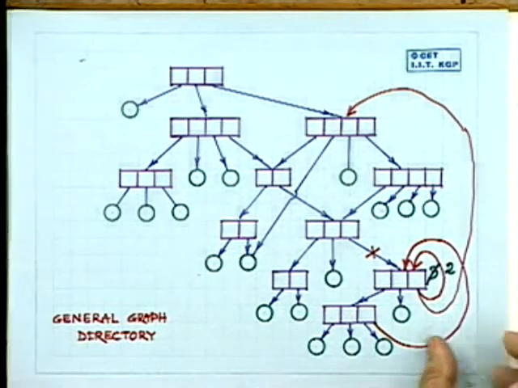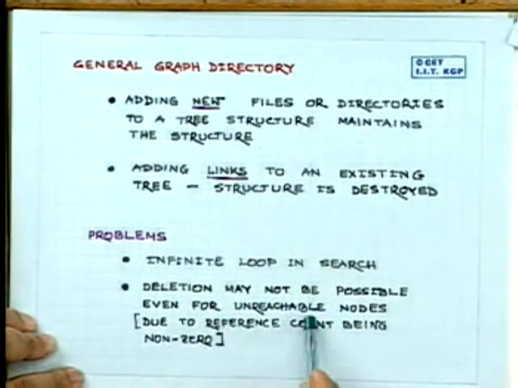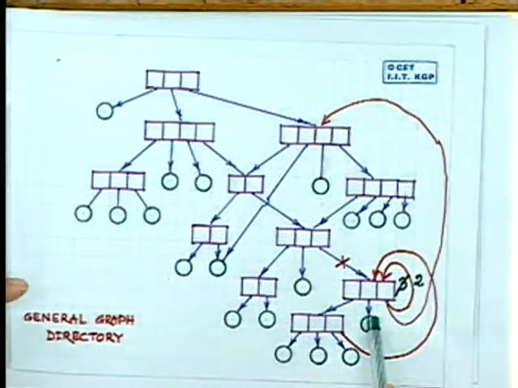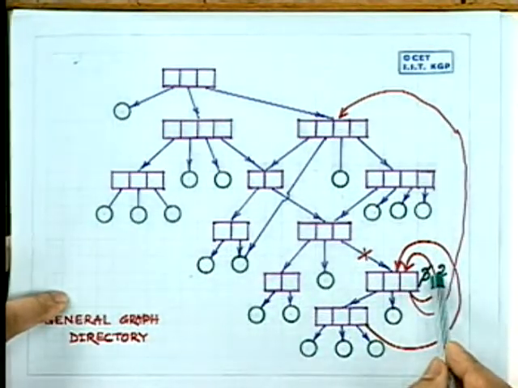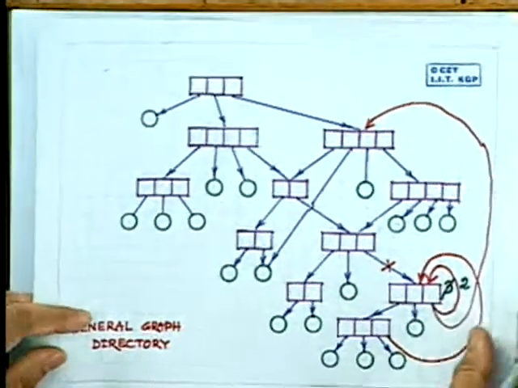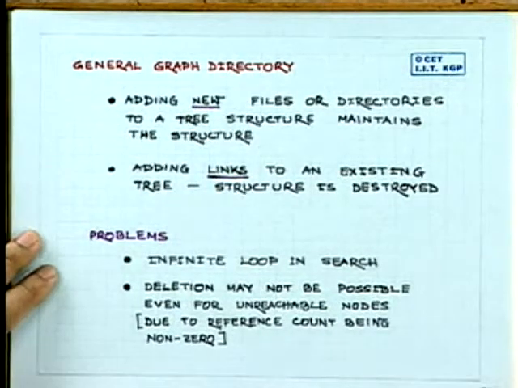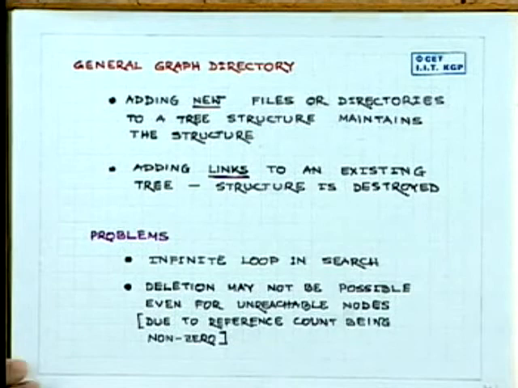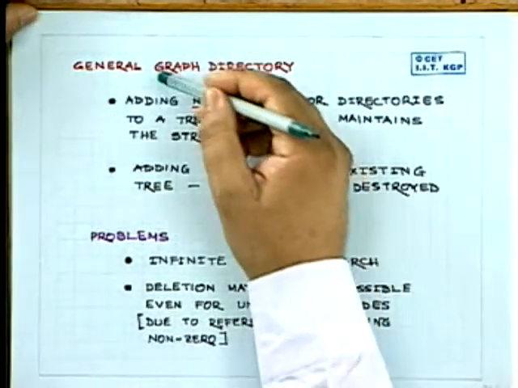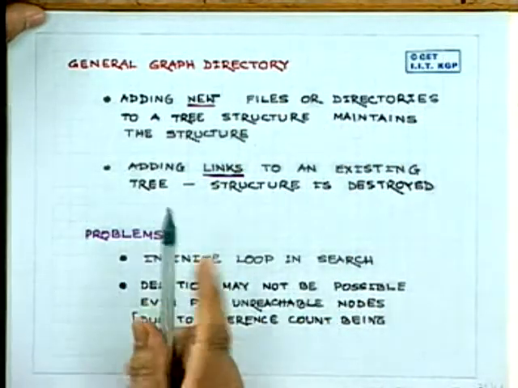Okay, that is exactly what we're trying to mean when we say the deletion may not be possible even for unreachable nodes. Okay, here these are unreachable nodes. We cannot delete them because the reference count is not 0, and therefore this is occupying secondary storage space, and we cannot delete it until and unless a very carefully planned garbage collection routine checks that these are nodes which are unreachable. Now, let's see, therefore, here we summarize what we have said here, that in the case